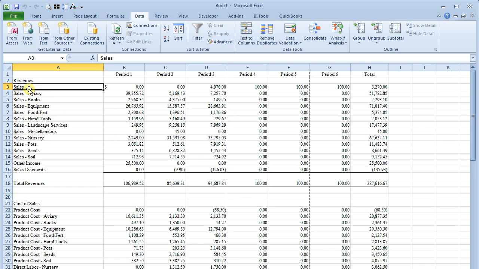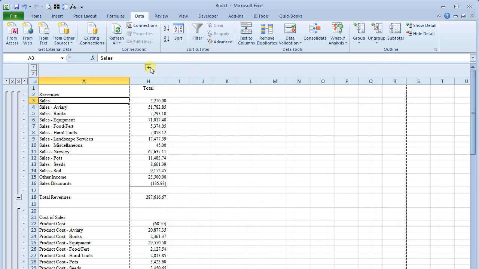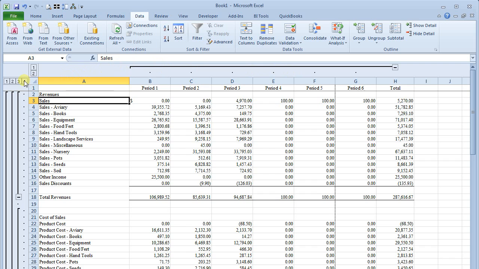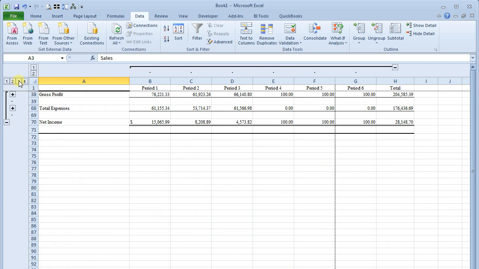Now, if that's helpful to you, there's another extension of that feature. If you click on the down arrow here underneath the Group button, you see Auto Outline. I'm going to click on that, and it's going to put in groups for me. What it does is it looks for every place that I've got a total or a subtotal and puts in a collapsible group to cover those ranges. So you can expand or collapse as much as you want. You can roll up on your varying levels of detail here,